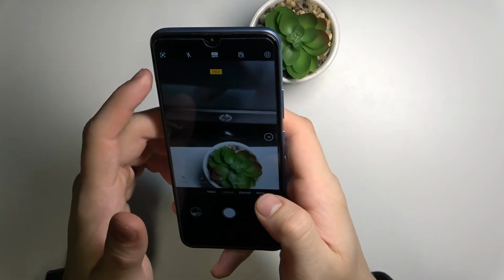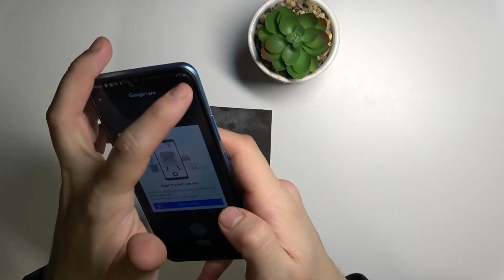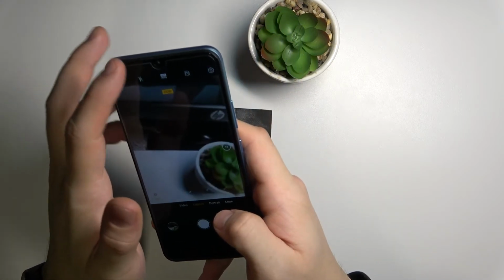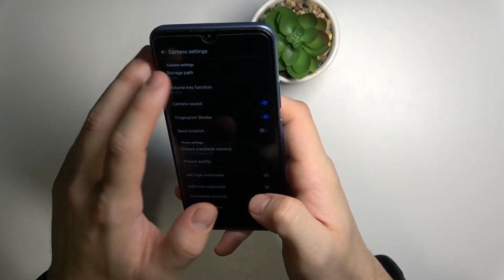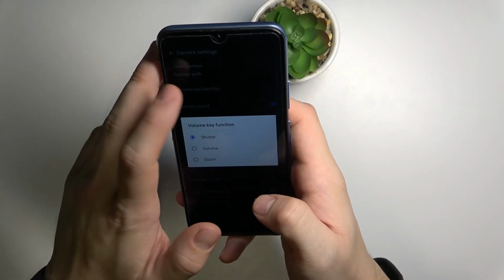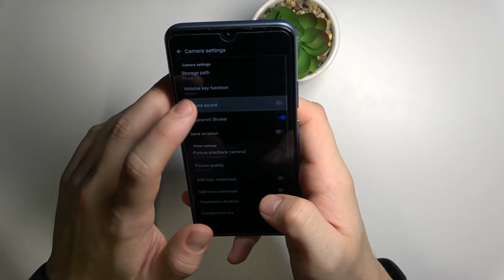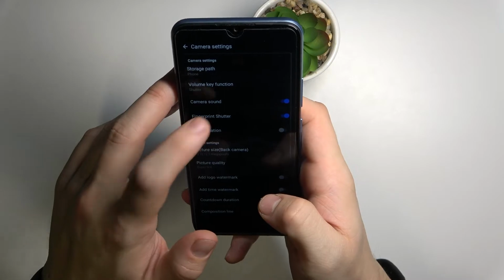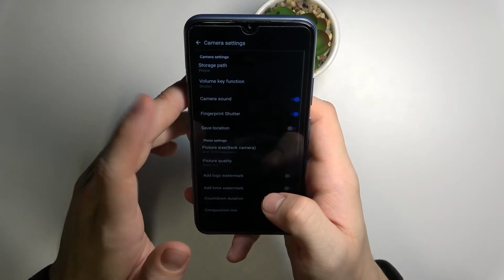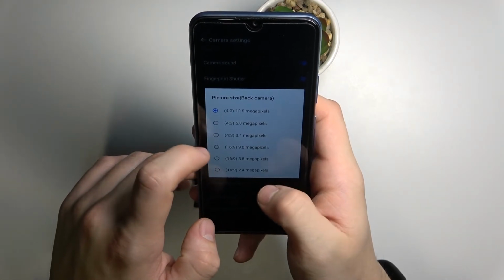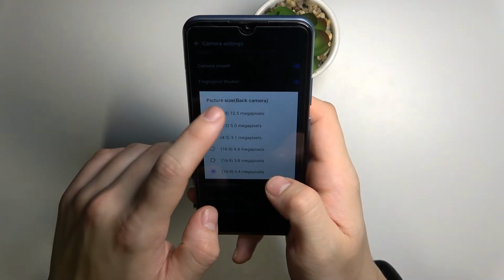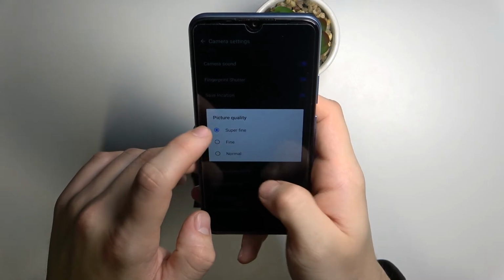Okay, now let's go to settings, and in order to enter settings, tap this button in the right corner, and in settings you can change storage path, volume key function, we can enable or disable camera sound and fingerprint shutter, we can enable or disable save location, change picture size, picture quality,